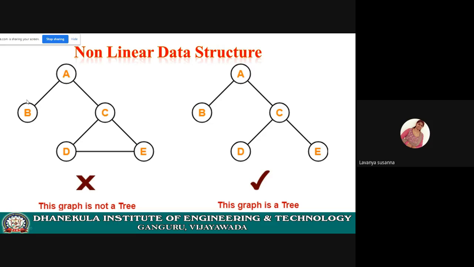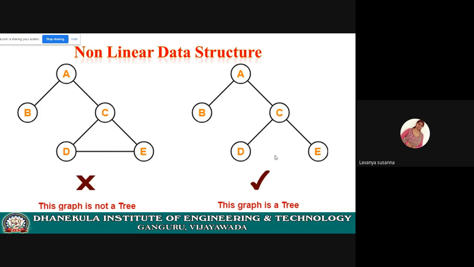About trees, you will study in fourth unit. About graph, sorry, you will learn in the last unit, fifth unit. Here in a graph, data is arranged in some random order. See the example here. These data A, B, C, D are called vertices in a graph, and these vertices are connected using some links. These are called edges.